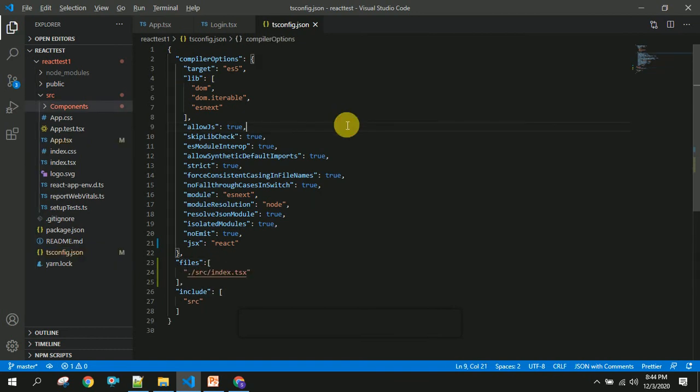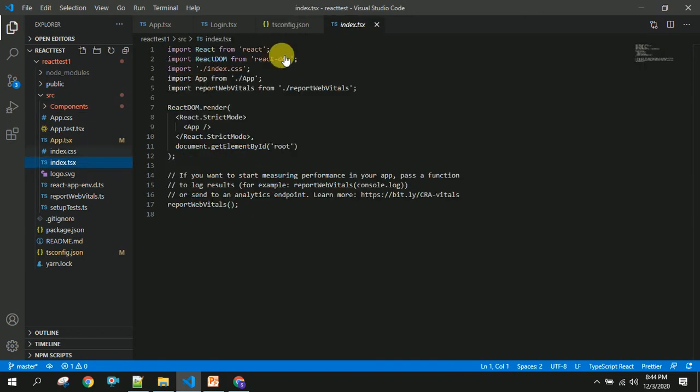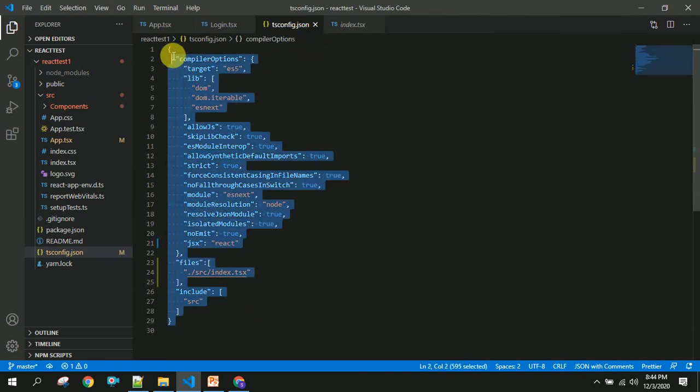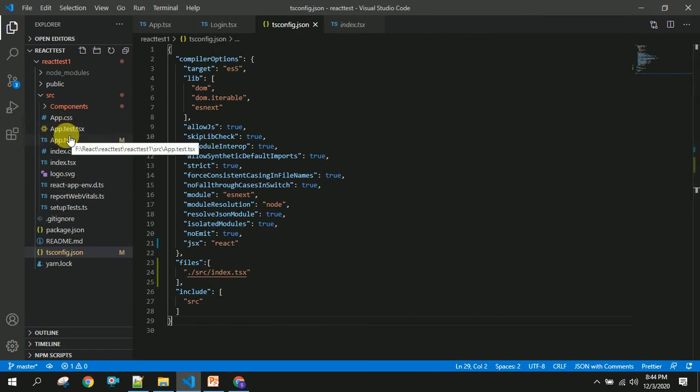So you have to include your index.tsx file in this tsconfig.json. Once you have done this, you will not get any issue here.